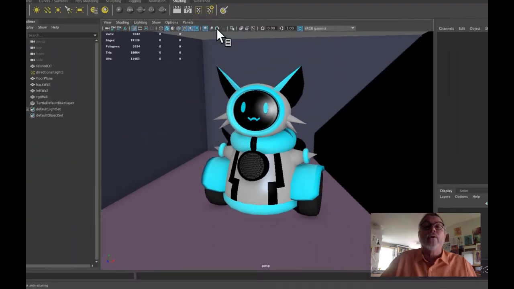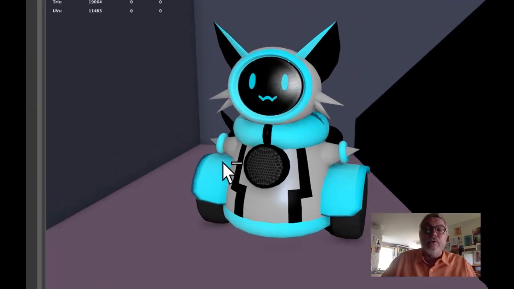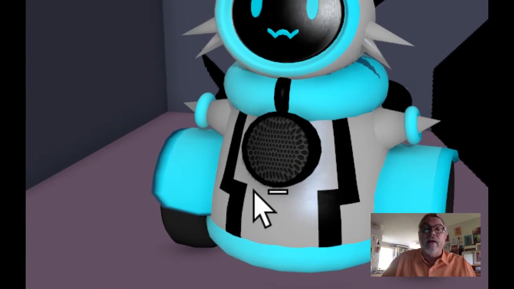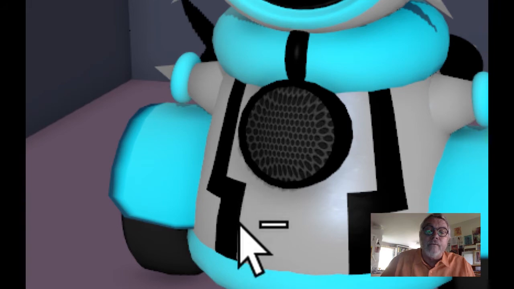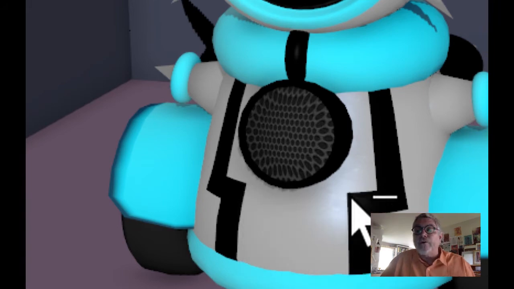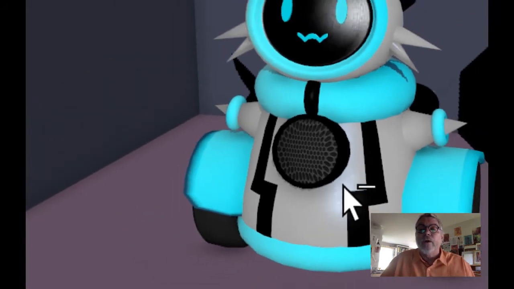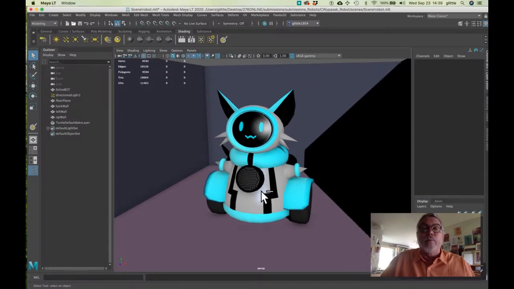And if we turn that back on, you can see that there's a lot less. You can actually see the blending along the edges that we've talked about in Photoshop and digital imaging. That's anti-aliasing. So what Maya has become good at because of processing speed is rendering to the screen, these hardware